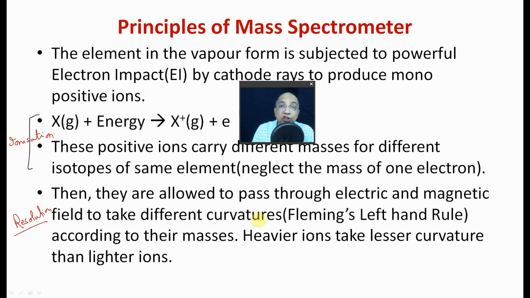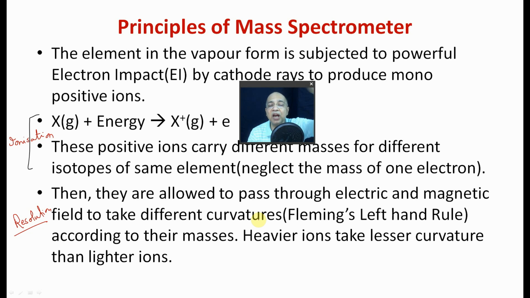So a moving charged particle under the influence of an electric and magnetic field doesn't go straight. It is deviated, and you can find out the direction of deviation. The mechanical effect that it gets can be known from Fleming's left-hand rule. So it is deviated and takes a curvature,